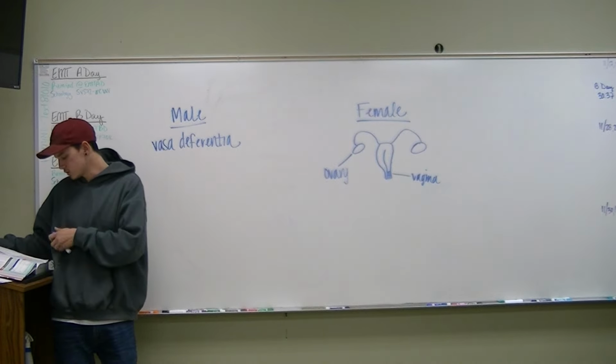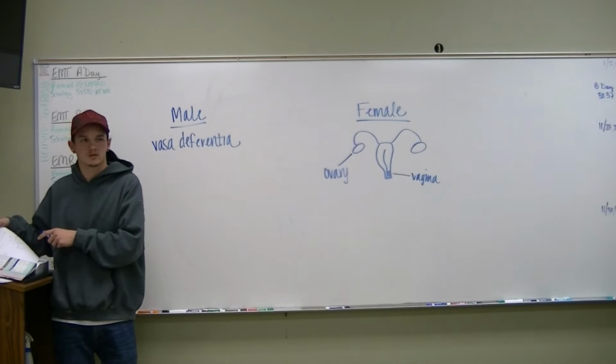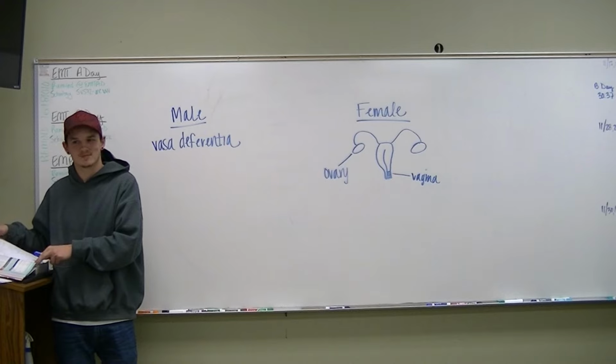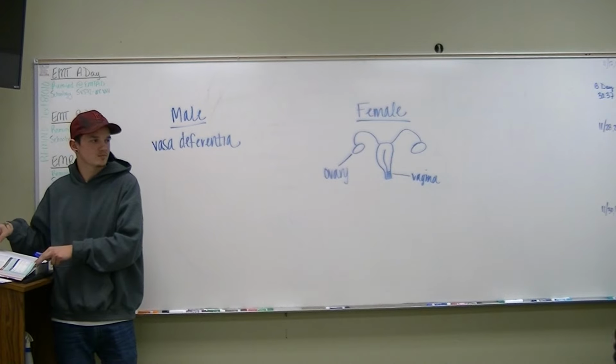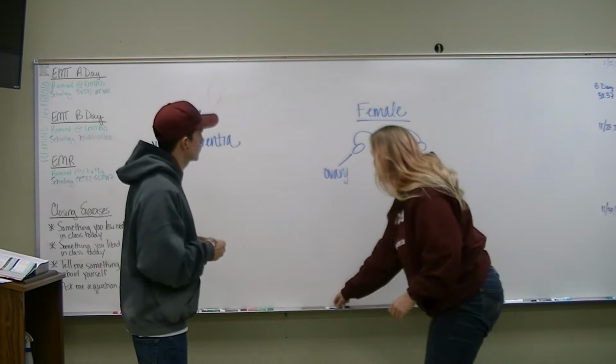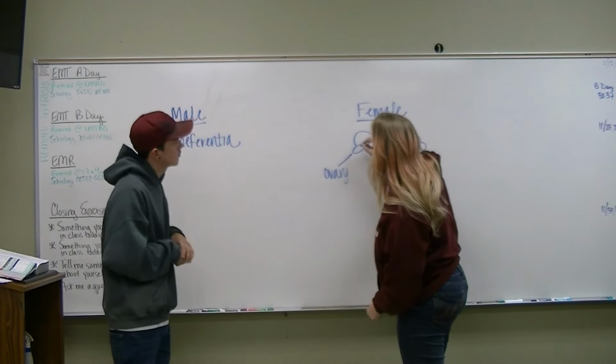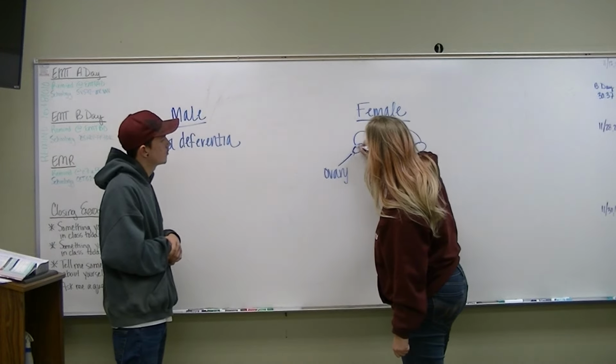Oh yeah, and the ovaries release a mature egg approximately every 28 days. So that was another interesting one. Okay, so the ovaries are surrounded by part of the fallopian tube, and these little arms that surround